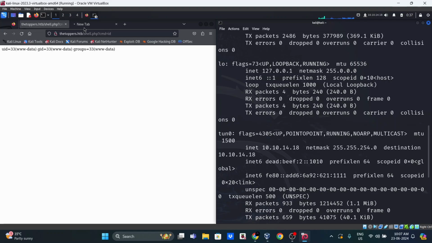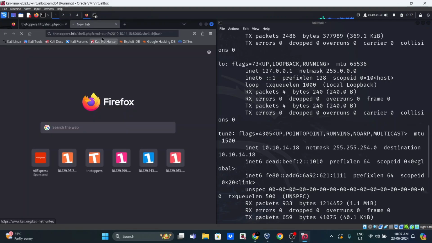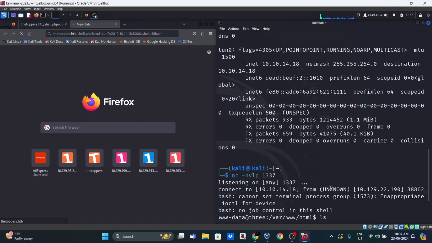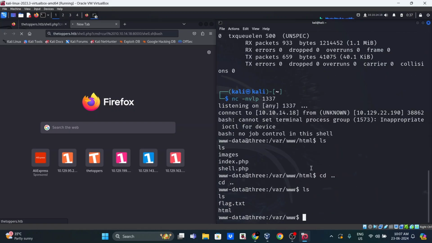So you get those details. And then what we do is use curl by providing the IP address of tun0, our local host IP address, port 8000. We also have the HTTP server running locally,